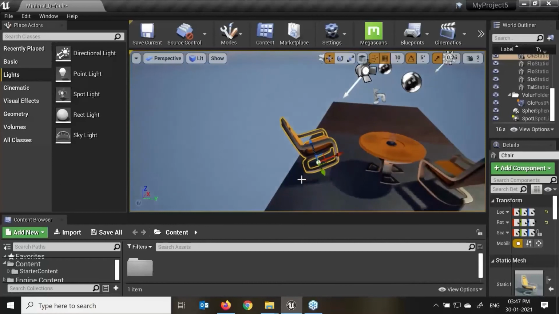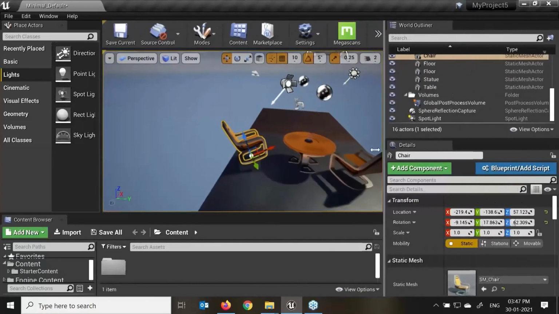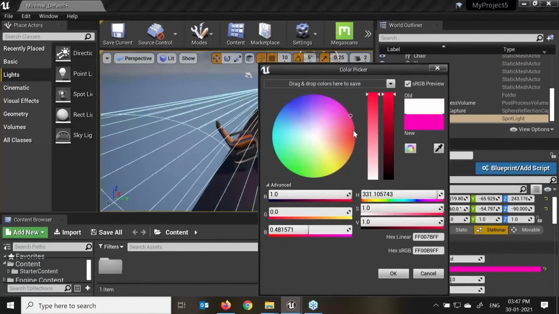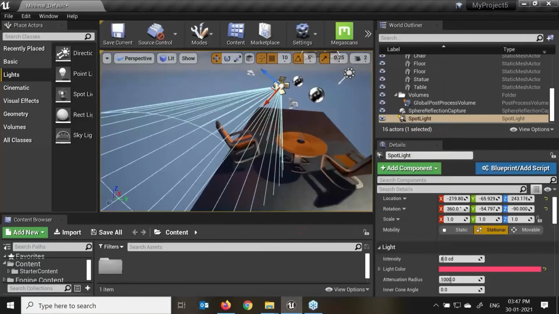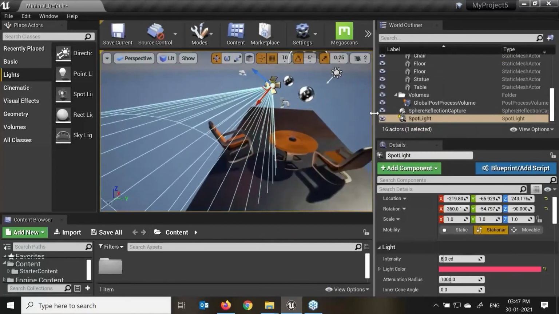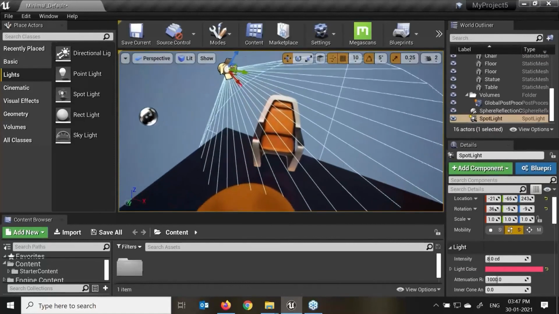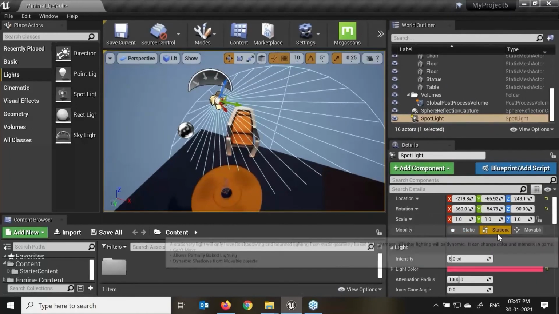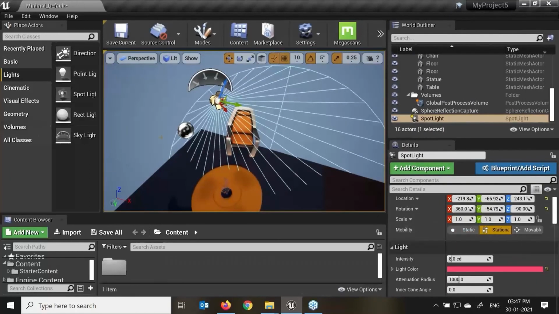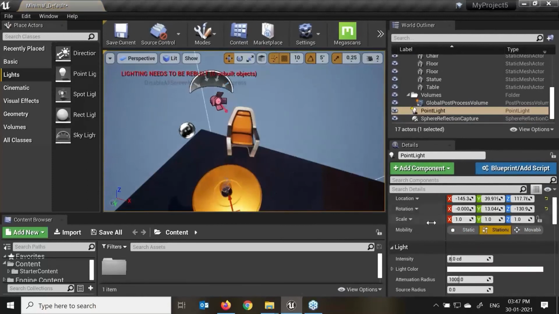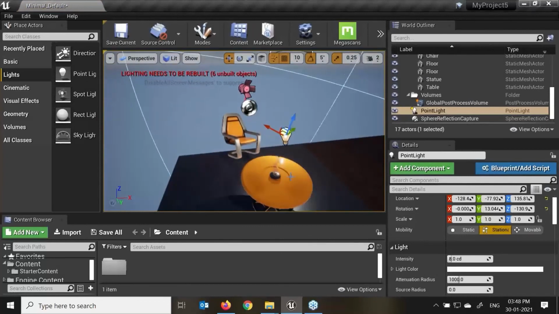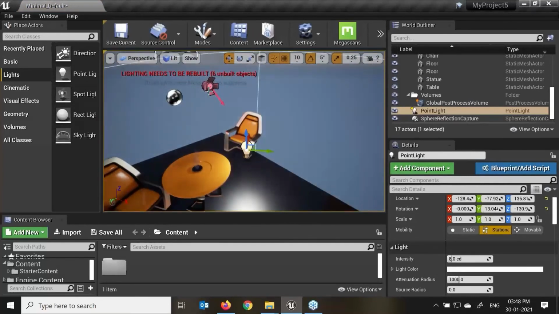Here you see we are getting another light, and shadows are here as well. If I change the color of that light, I'll select my spotlight and the intensity of that light. I'll make it a red color light or a different color. Right here we'll see it start to do that. Here you'll see each and every light is static, stationary, or movable. For example, if I create a point light over here, it automatically comes in as stationary. Here we can see the light intensity and light color we have changed. It's showing you over there.